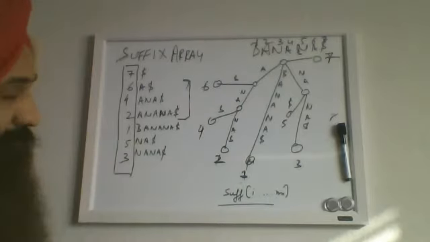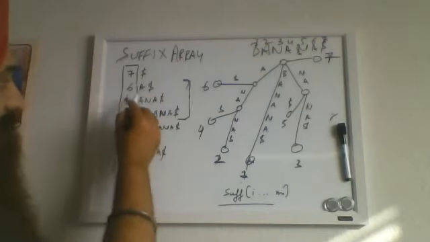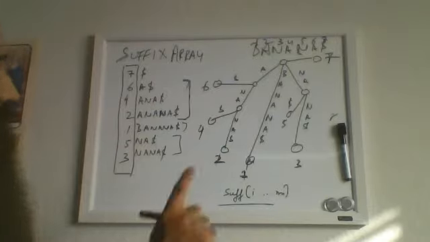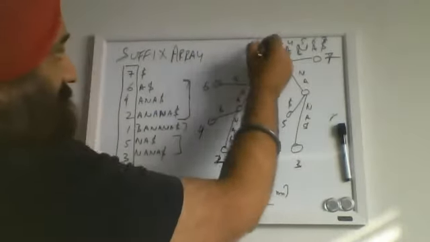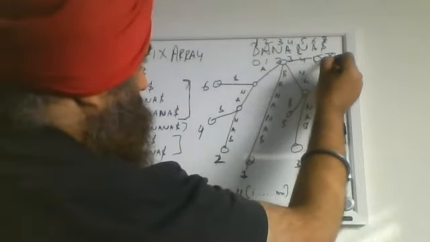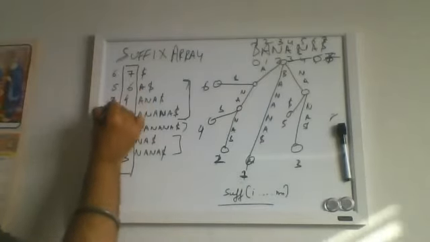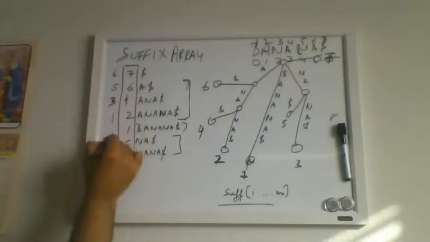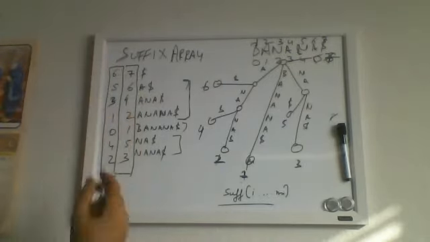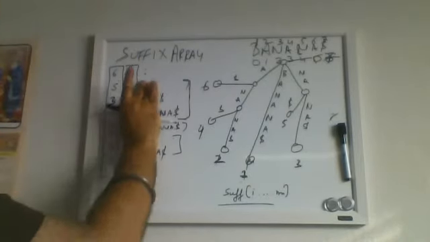Suppose you have to find all occurrences of suffixes starting with A. If you are able to locate one, you can locate the rest of them. The same is true for NA. Another thing to note is you can start the counting from 1 or 0. It still means the same. If you start from 0, you subtract 1 from each: 6, 5, 3, 1, 0, 4, 2. This is also a suffix array. Numbering doesn't matter.